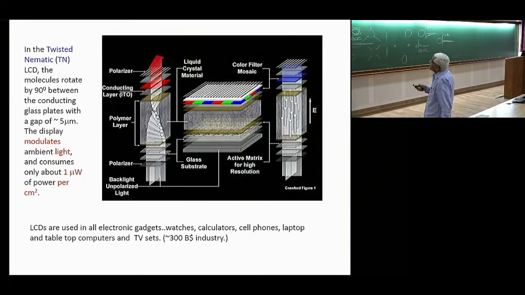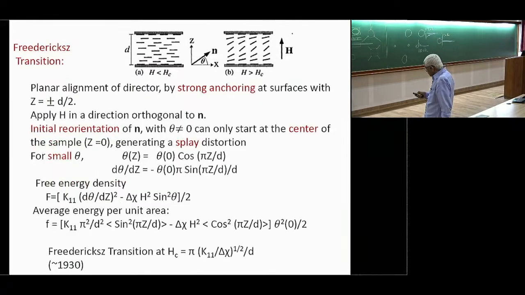So apply the magnetic field in a direction orthogonal to this. Now it wants to distort because n wants to be parallel to the field. That can happen only in the middle of the sample because of the strong anchoring at the two surfaces. So the initial orientation distortion, we can just for very